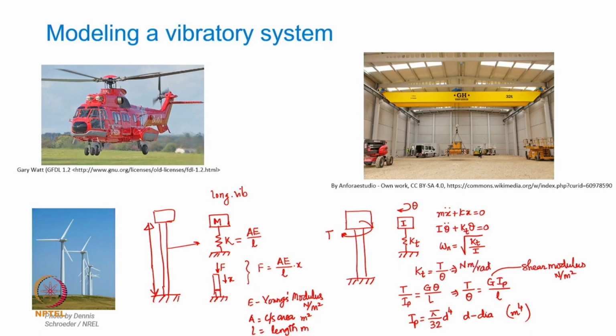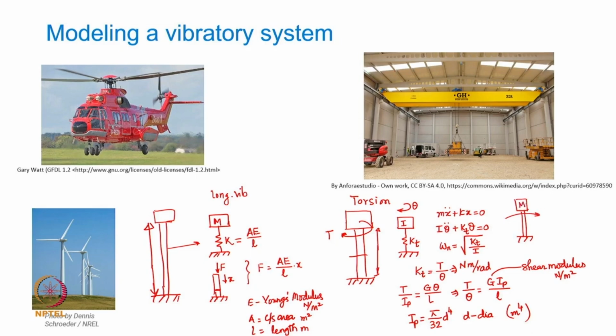Okay. So, once you substitute the numeric value of kt, which you can find out if you know the length of the column, the cross sectional dimensions and the material properties such as shear modulus, then you can find out the natural frequency in torsion for this particular case. The same system now vibrates in torsion. And of course, in the bending case, if you treat this to be a vertical beam subjected to a lateral